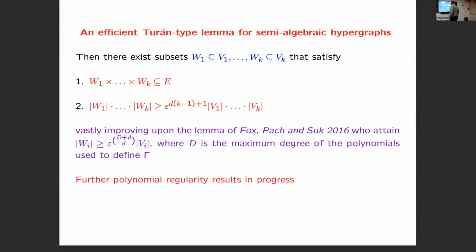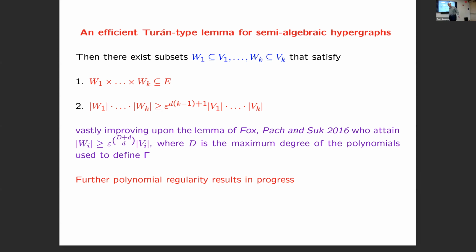Do you have any idea about whether the exponent is anywhere near the right value? I have no idea. So basically, most parts are of size epsilon to the b times the appropriate size. So we gain an epsilon to the b fraction of the appropriate size. And yeah, it's a good question whether this exponent has to be really b or something else.